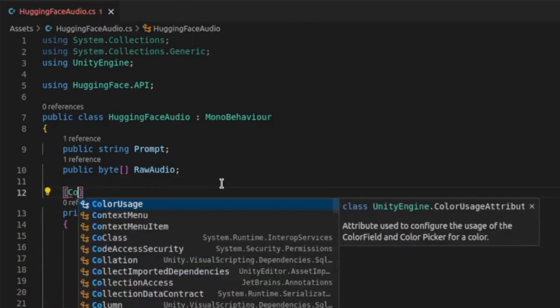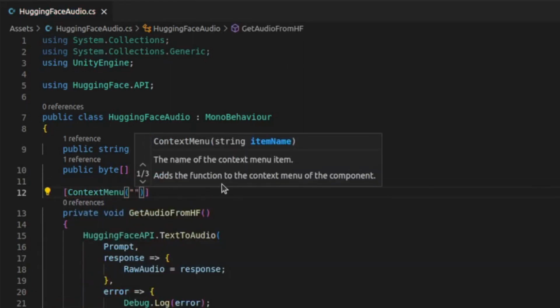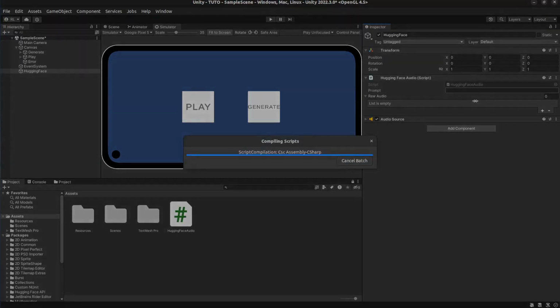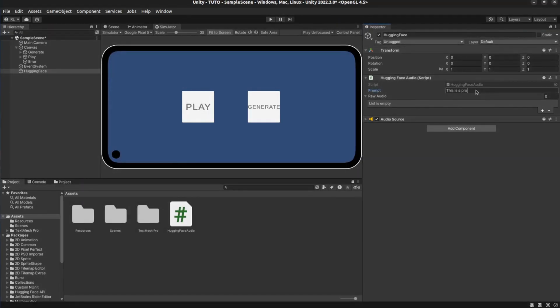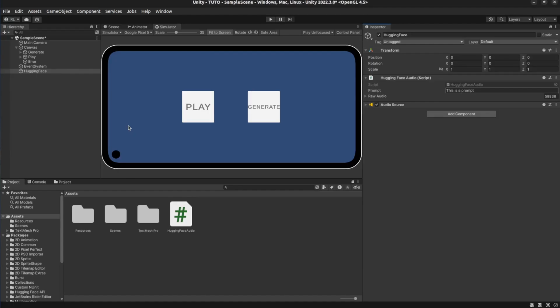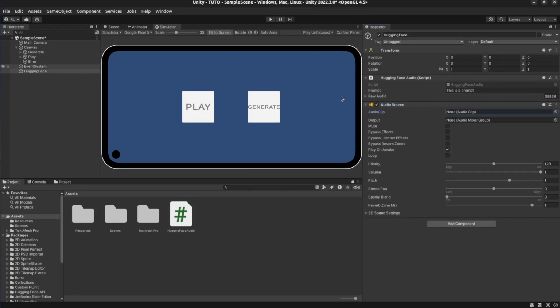Let's try with a context menu so that we can do it from the editor. Get audio, and let's see what happens. This is a prompt, and we've effectively obtained a raw audio of 58,000 bytes. So it works. The next thing we want to do is to create an audio clip, and to do this,